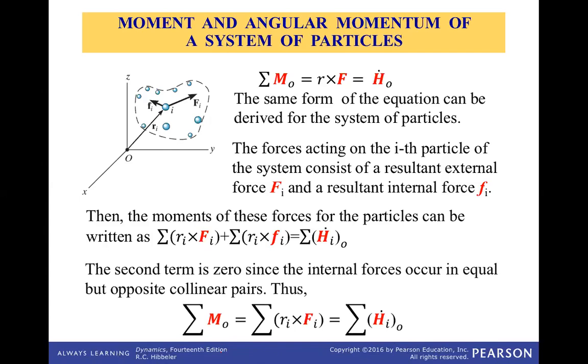So at the end, this is the equation you're going to have. The summation of the moments of the forces, where you do this to each of the forces on each object and sum it all up, looking just at the external forces here, should equal the time rate of change. The dot means time derivative of the angular momentum. So summing it all up, it's very similar to the linear momentum.